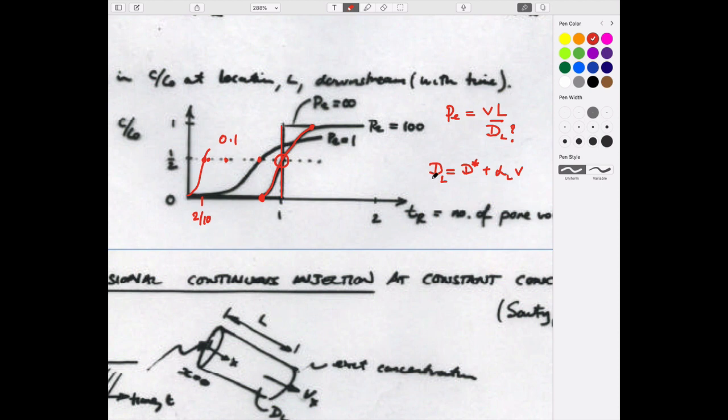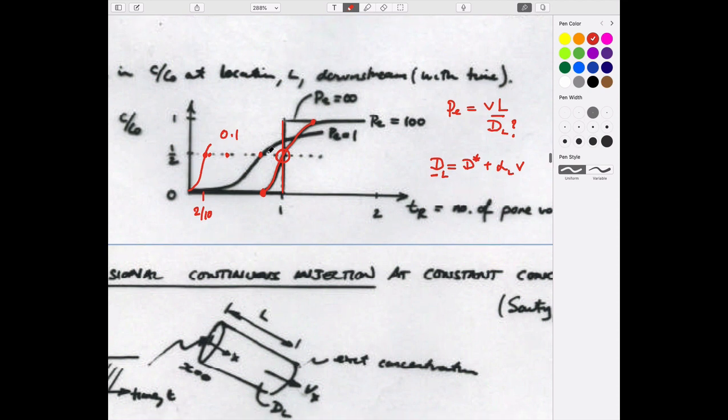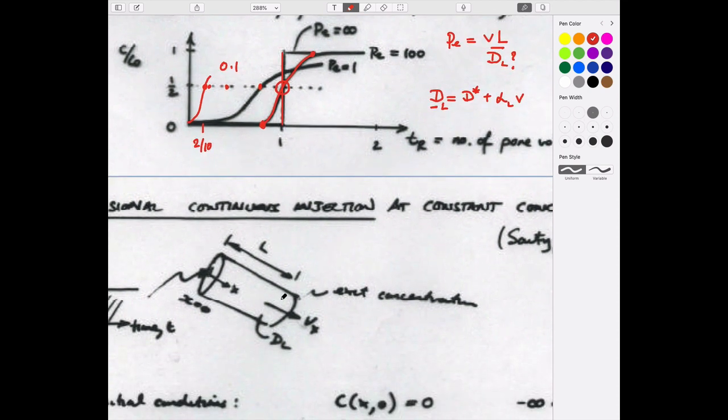Clearly this is something that we need to know if we're going to calculate what this arrival profile will look like. And so we could go into the laboratory and run an experiment where we put some stuff upstream, flow some water through the core, and measure the behavior downstream. And that may or may not work. It will work if it's diffusion only. So if it's diffusion dominated, that works pretty well, because diffusion acts nicely in these pores and goes downstream. If it's advection dominated, then it turns out